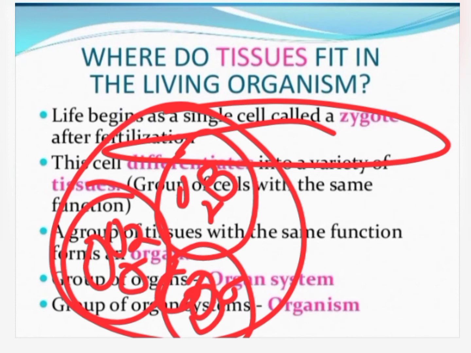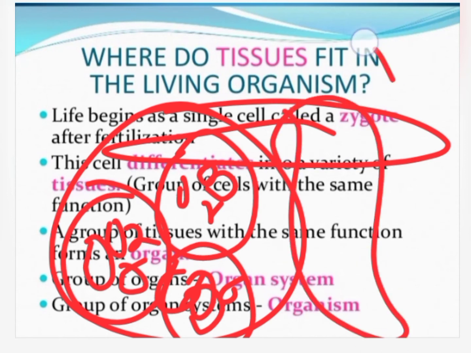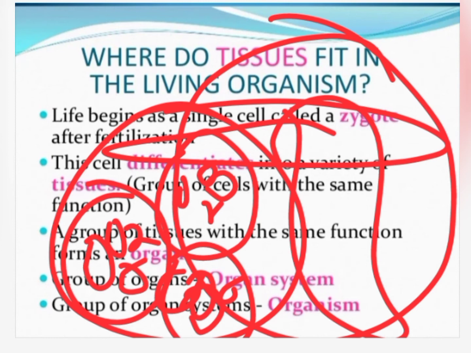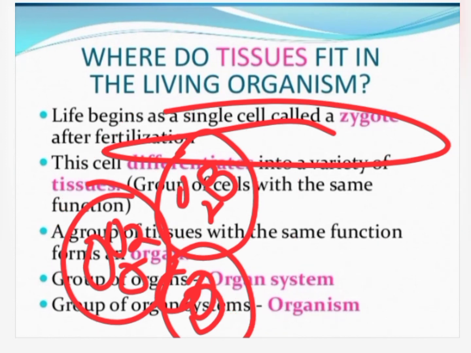Now a group of organs together forms an organ system, and a group of organ systems, like the digestive system, excretory system, nervous system, circulatory system, etc., all lead to the formation of a complete organism. So this is what it is like, and it's really very interesting. It's going to be really very interesting to know about each and every tissue in your body, and how the different things are functioning.